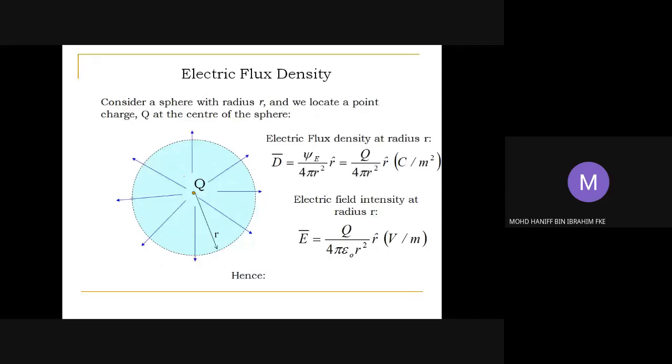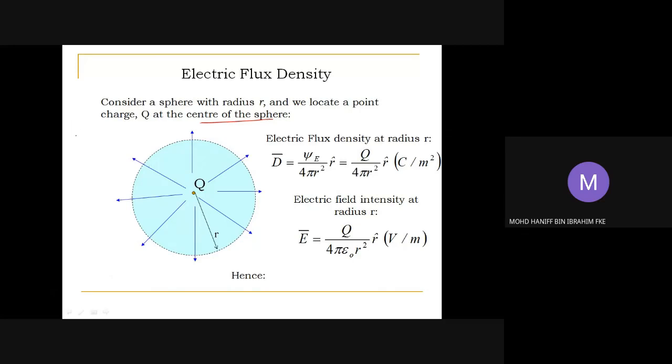A sphere is said to have a radius of r. A charge of Q is contained inside the sphere of radius r. The charge is located at the center of the sphere. If that is the case, from what we have learned previously, from the equation